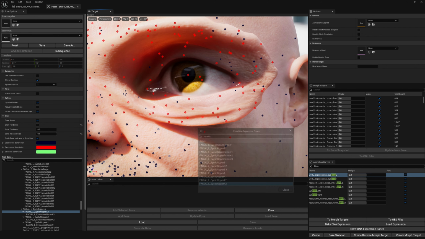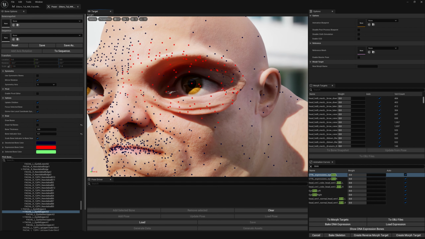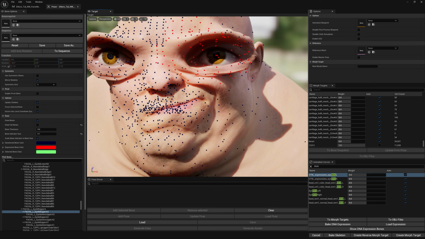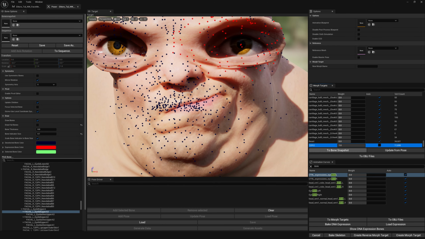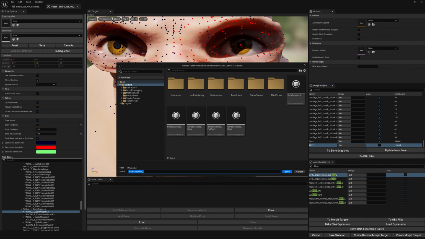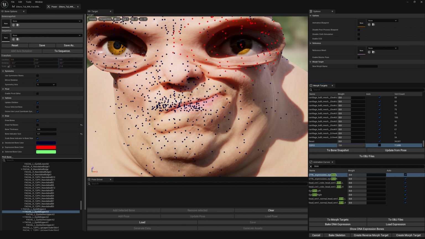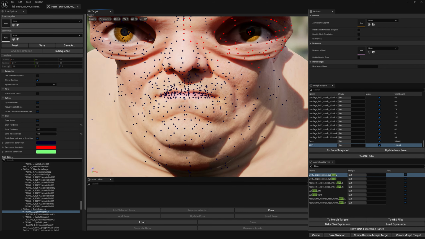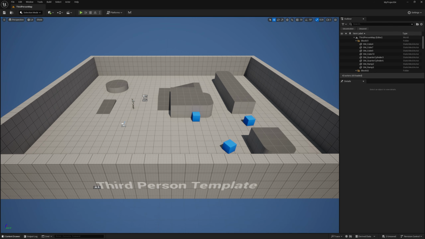And we can do another approach, like we have a morph target, which is a custom mouth left expression. We can go ahead and select our morph target and click on to bone snapshot, right? We're gonna press OK. We're gonna just select a name for our bone snapshot, and yeah, just disable the morph target, and now we can open our bone snapshot because we have to do some changes here. Let's open the bone snapshot,